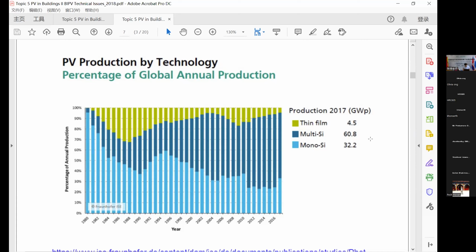And along with this, we see in the period from 1994 to 2016, the multi-crystalline silicon market share is significantly increased and much greater than monocrystalline silicon. This is due to two reasons. One is the multi-crystalline silicon has very good